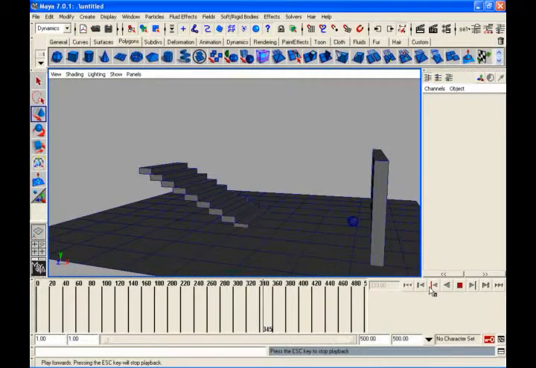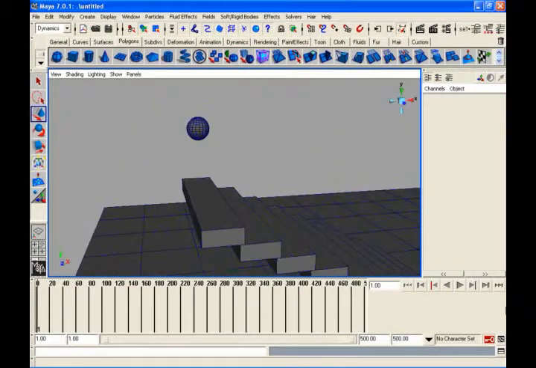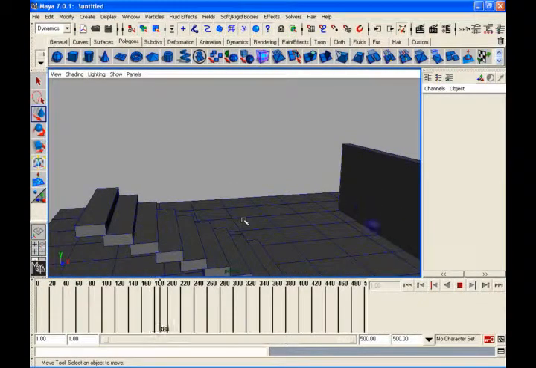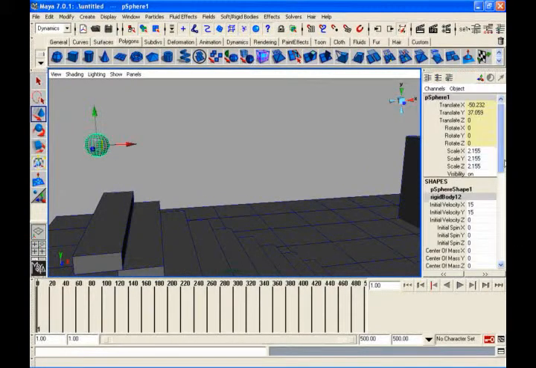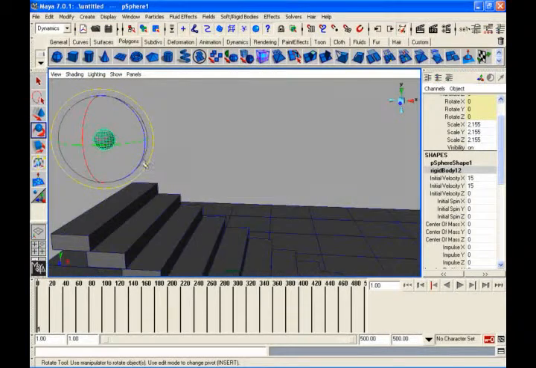Next is initial spin. You want to put spin onto your object. Like presently there is no rotation until it hits the wall. After hitting it gets the rotation, but in the starting stages there is no rotation in this ball. So I want to put some initial spin in the z direction, meaning it is rotating forward. This is in degrees. Rotation is always in degrees only. So I want to rotate it 90 degrees.